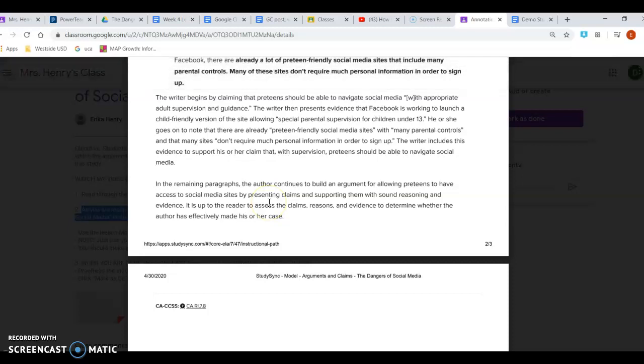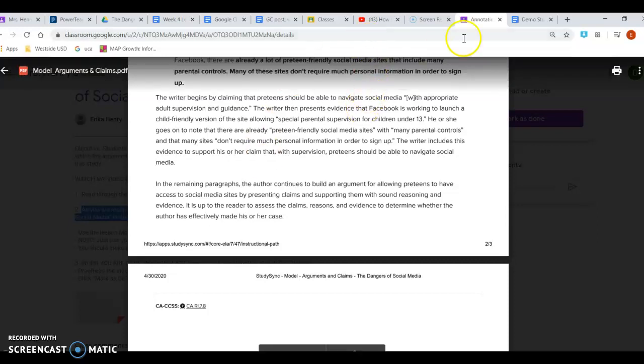In the remaining paragraphs, the author continues to build an argument for allowing preteens to have access to social media sites by presenting claims and supporting them with sound reasoning and evidence. It is up to the readers to assess these claims, reasons, and evidence to determine whether the author has effectively made his or her case. So this model has